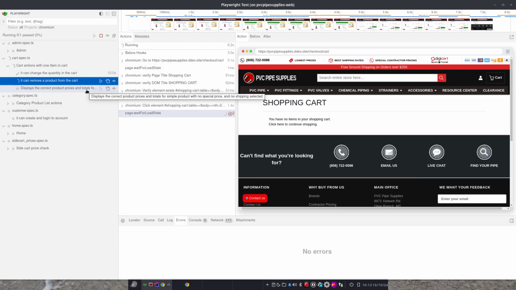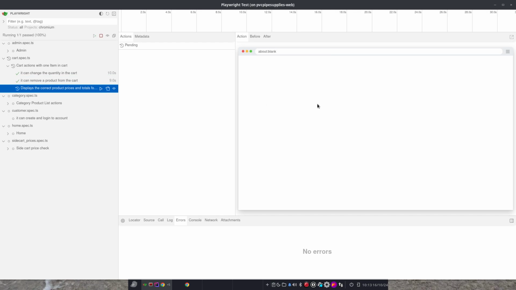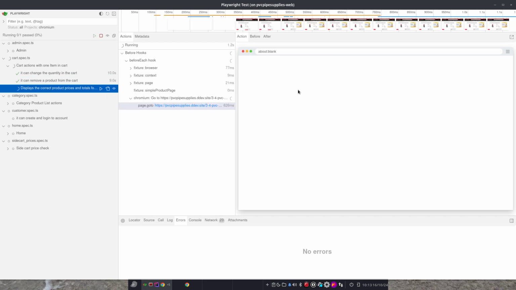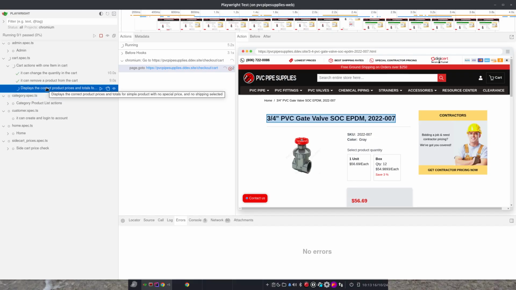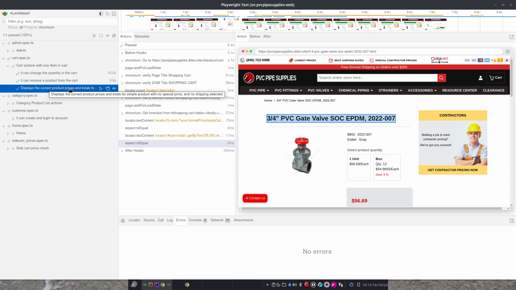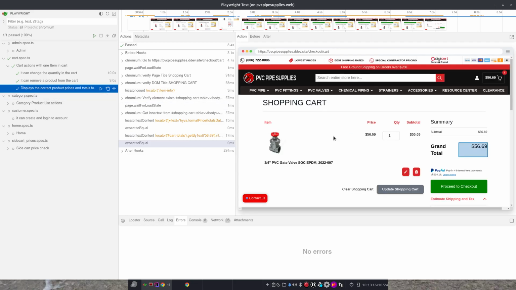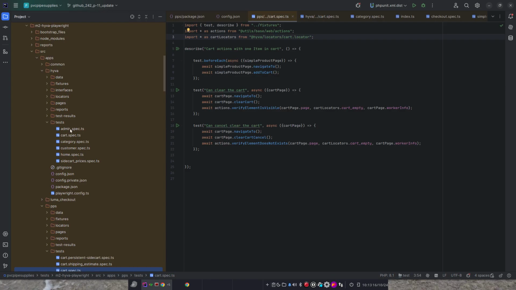If the base Hyva functionality works in your site and you haven't altered it because you've just got a theme change, all the elements are still the same, you can use those Hyva tests. However, you might have functionality that's been changed. So let's, for example, go to my PPS site,